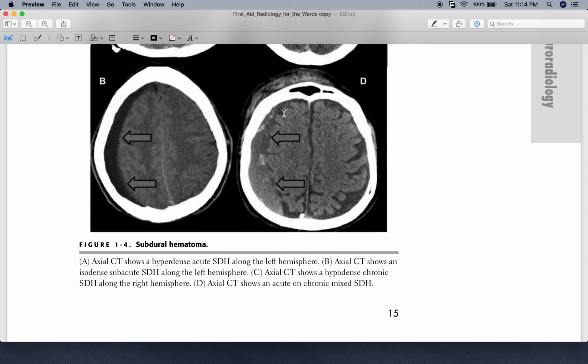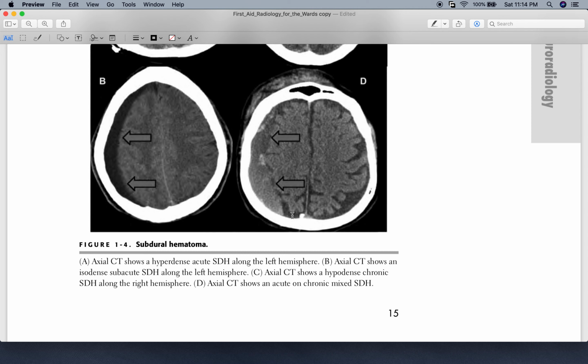This area which is black is different from this area, and it is not the same density of the brain. So this is blood. This black area is small here. This black area is blood, and this blood is